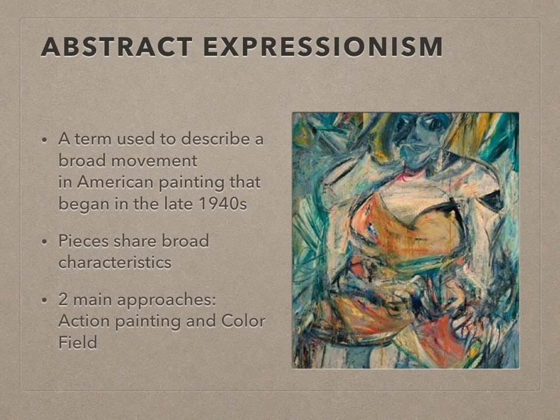I found another article by David Anfam on Oxford Art Online. It said it is the works of the generation of artists in New York in the 40s and 50s, linked by varying degrees of abstraction and used to express strong emotional content. Again, this doesn't really say much about the actual paintings. Like Cubism, I looked up, it was art defined by its use of geometric shapes and stuff like that. This doesn't really have that, but it's just a general broad style used by the artists in the 40s and 50s.